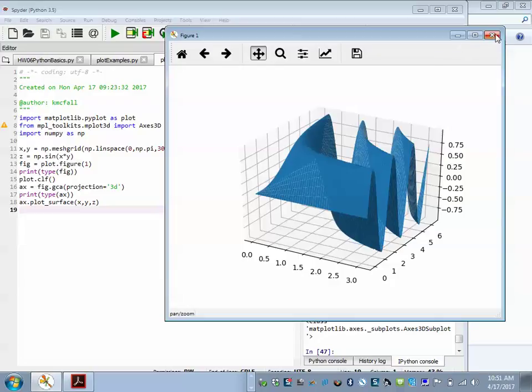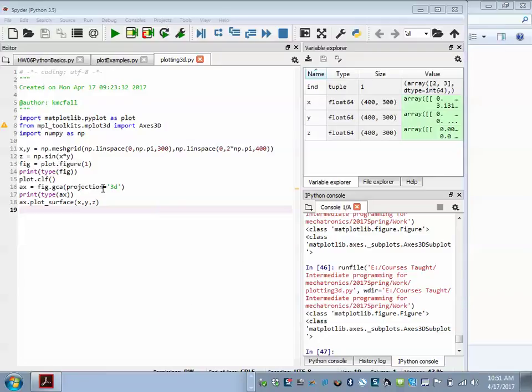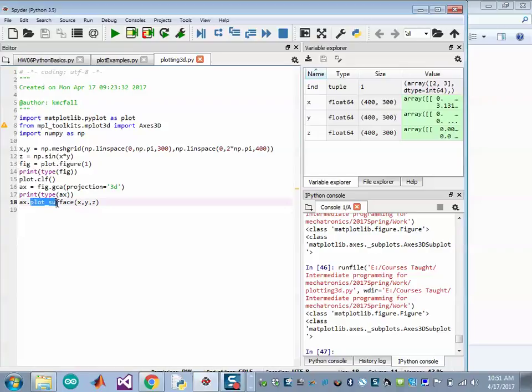Okay? And again, I'm not a super expert in it. I just know I need to do this. I need to open my figure, get my fig, then I need to get the axis out of the figure, and then I need to use the axis's member function to plot the surface. Okay? All right. So